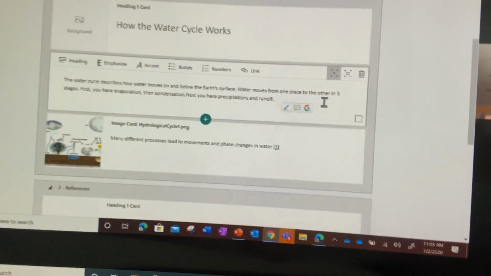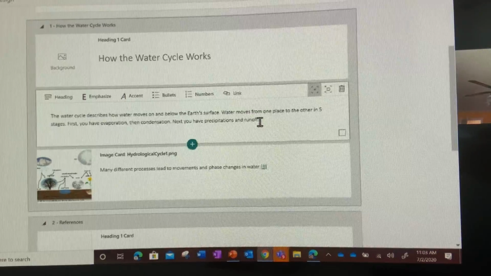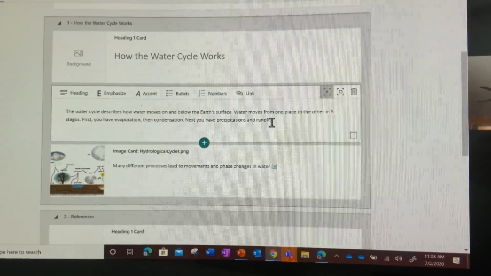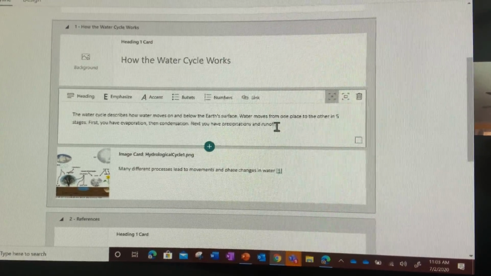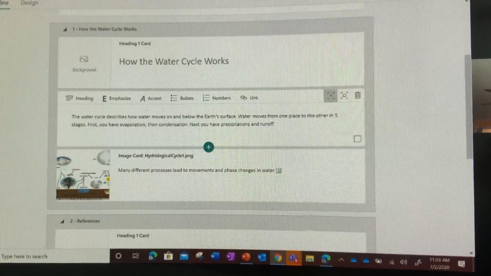Now that's just a quick summary. This is just something really quick that if I was a student I might type. And you could always, if you're using a rubric, which I think you should, you probably want to add more criterion that says maybe they need 3 or 4 sentences. Okay, so now I can actually click play,